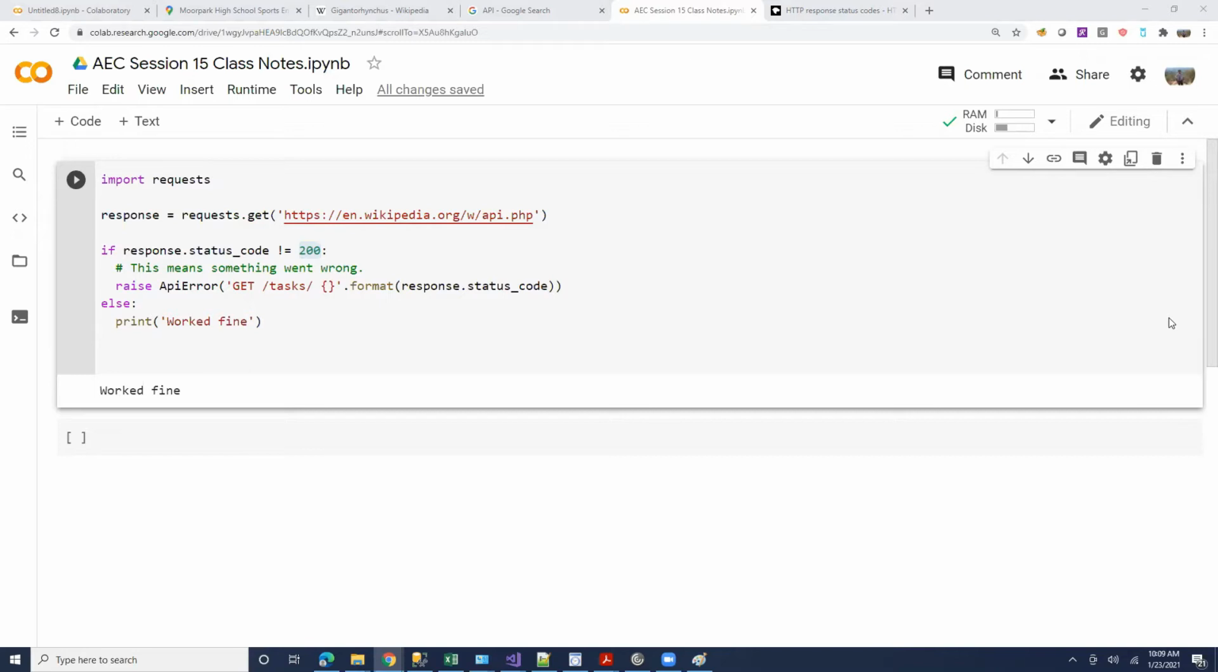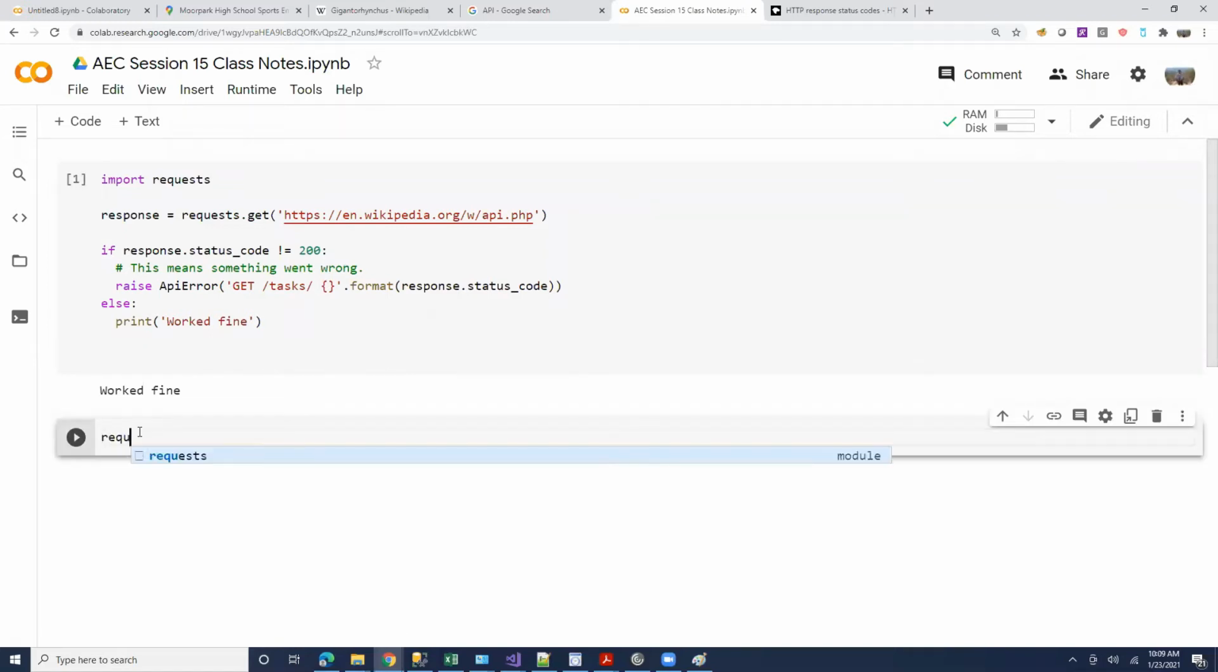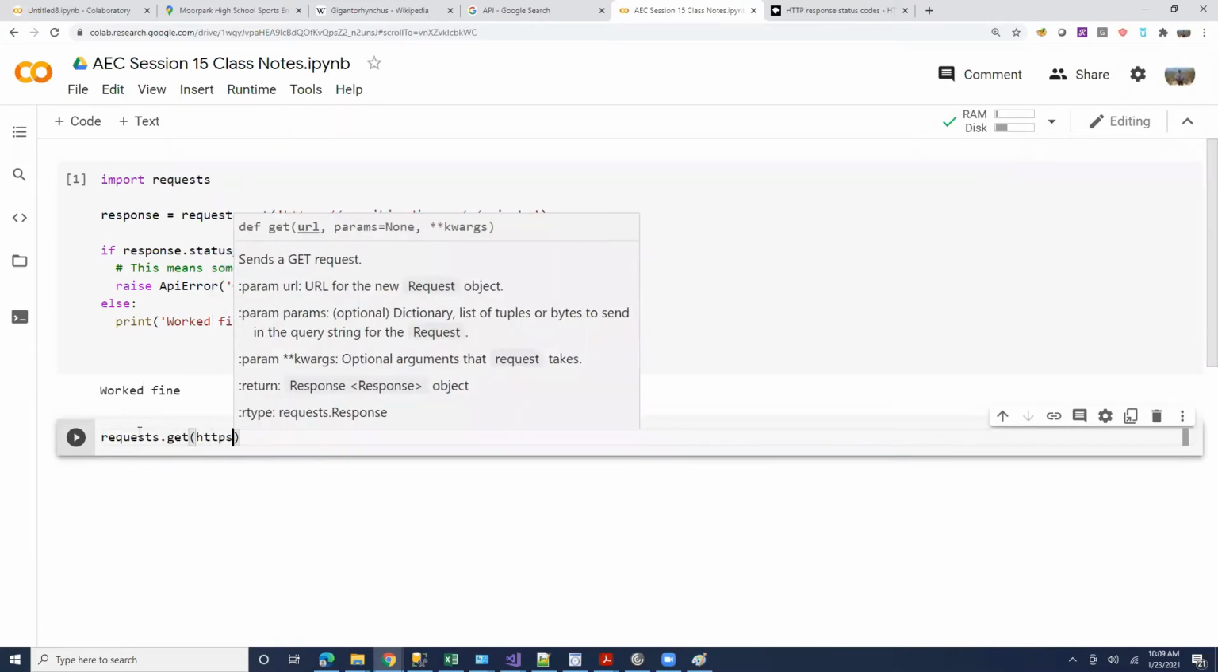Does every website have its own API? Actually, not really. You can make get and post requests, but an API can be a lot more detailed. You can make get and post requests to pretty much any website. Let's see what happens if I make it to Gmail. So requests.get of